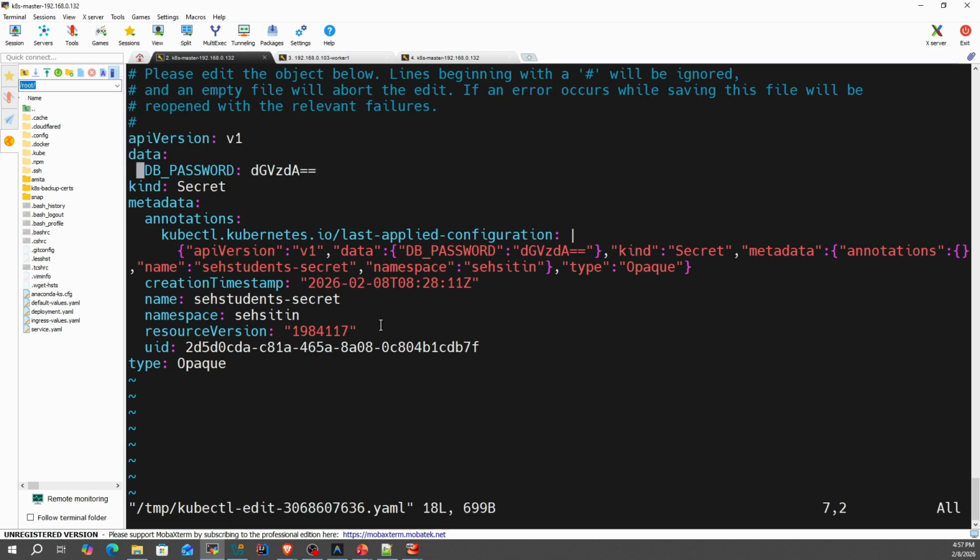Here update the DB_PASSWORD value. Save the changes.